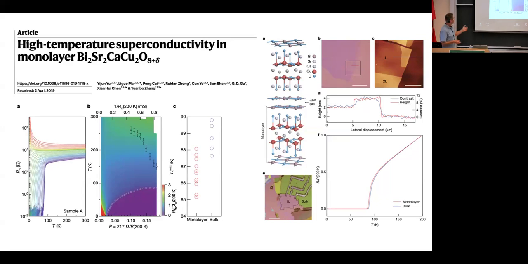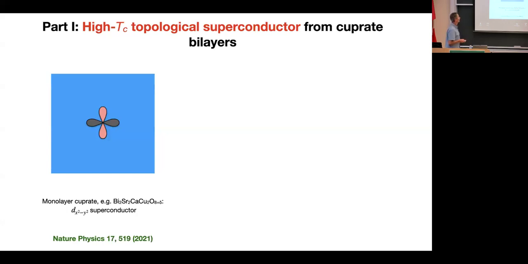So again, if I had more time, I could describe these pictures, but this is a story for a longer talk. So without ado, I'll jump into the main idea of this twisted cuprate. There's other interesting physics that I will not have time to talk about, but just one aspect to give you an example of what is new when you start twisting materials.